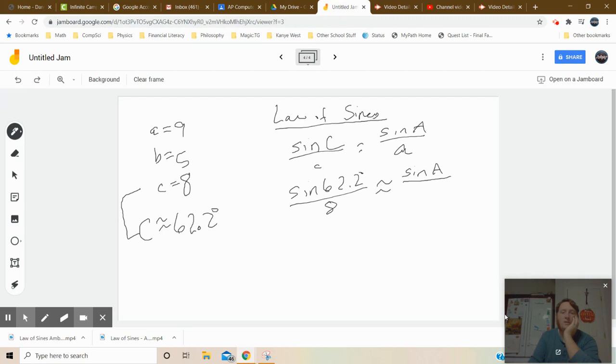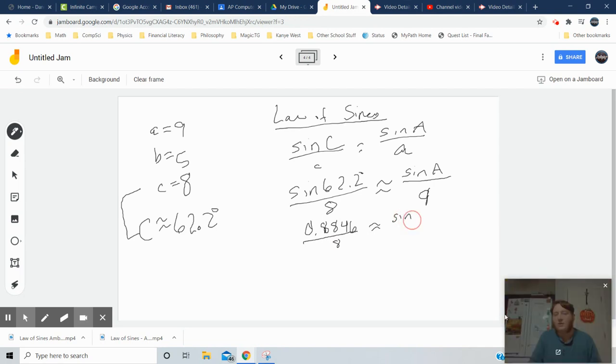Why is the undo not working? There it goes. A is 9. So because the 8 and the 9 are almost the same, angle A is probably almost the same as the 62.2 degrees. It's going to be a little different. So we use sine of 62.2 on our calculator, and you get 0.8846, rounding to 4 decimal places, because I always like to go a few extra and then dial it back when I write a final answer, is to 8